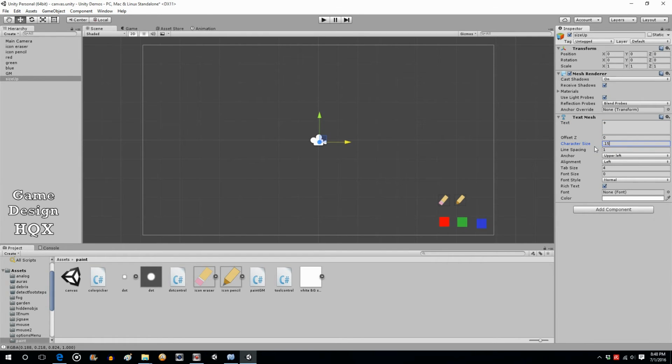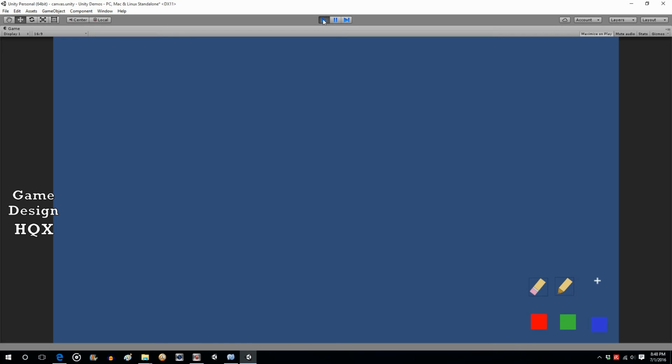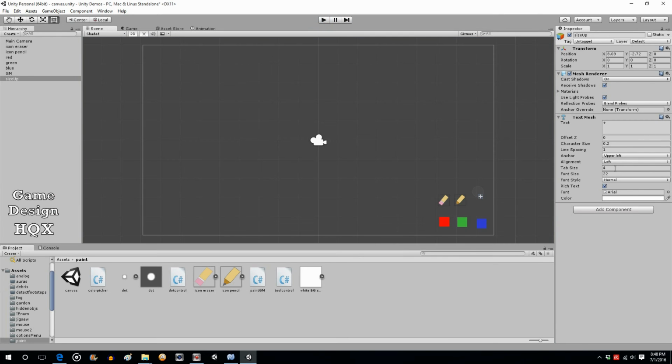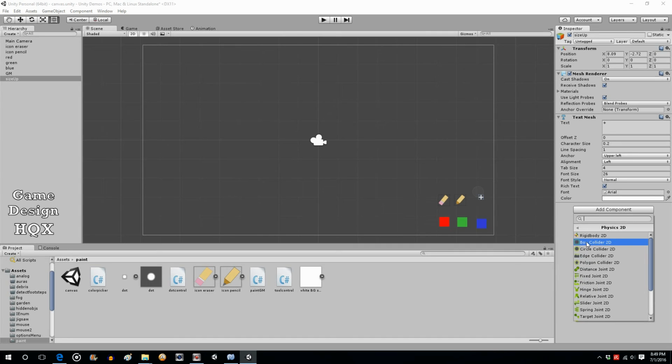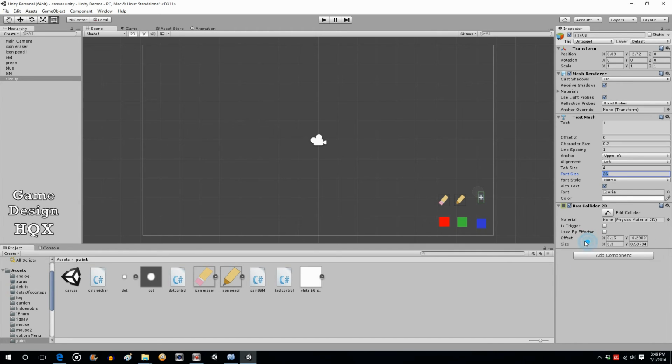I have no idea why it works like that. It just does. And font size, let's make this 22. And font Arial. And let's see how that looks. Yeah, okay. I'm going to add Physics 2D, Box Collider,